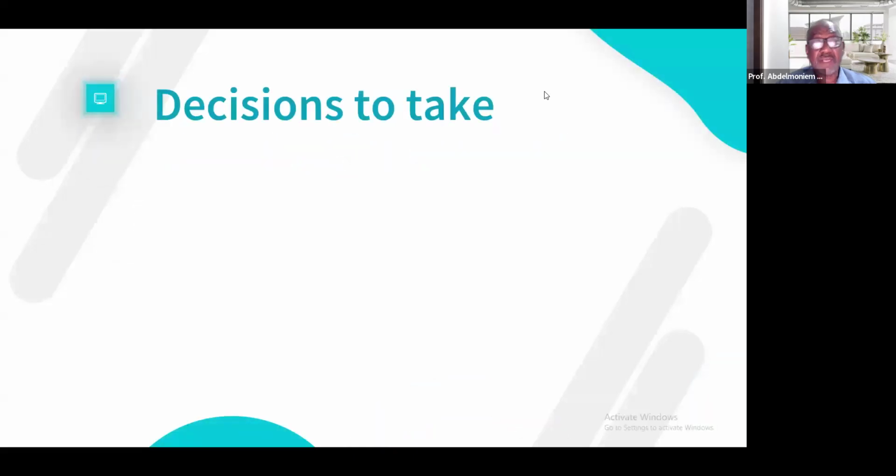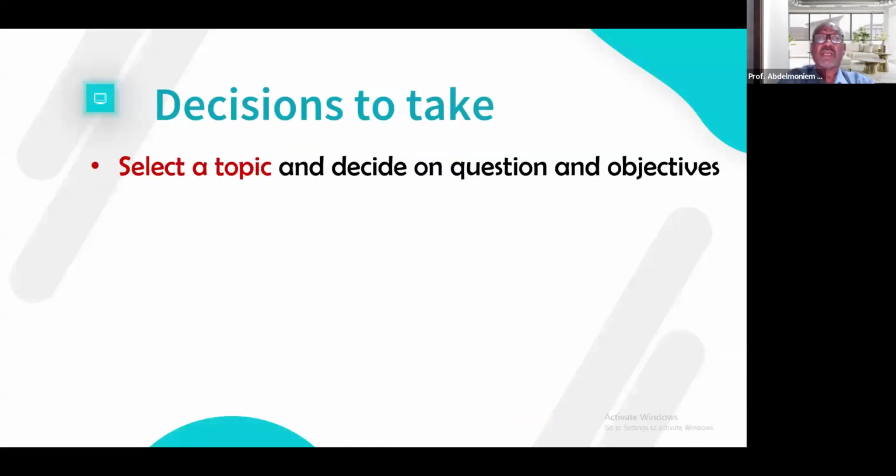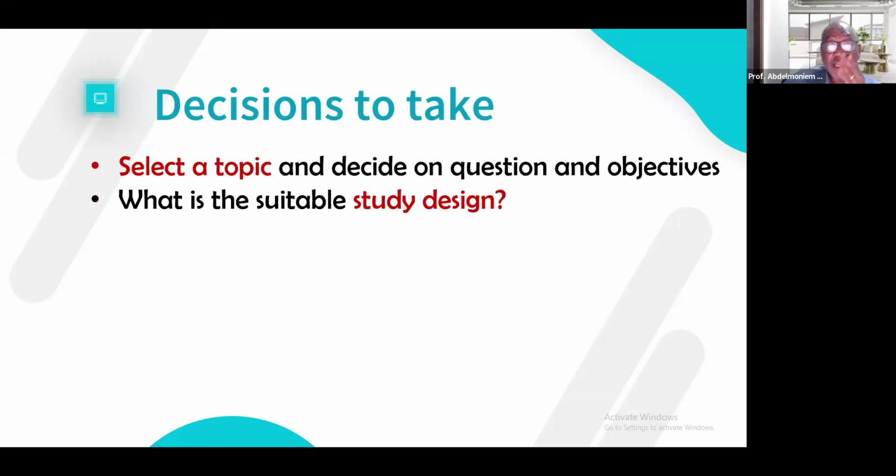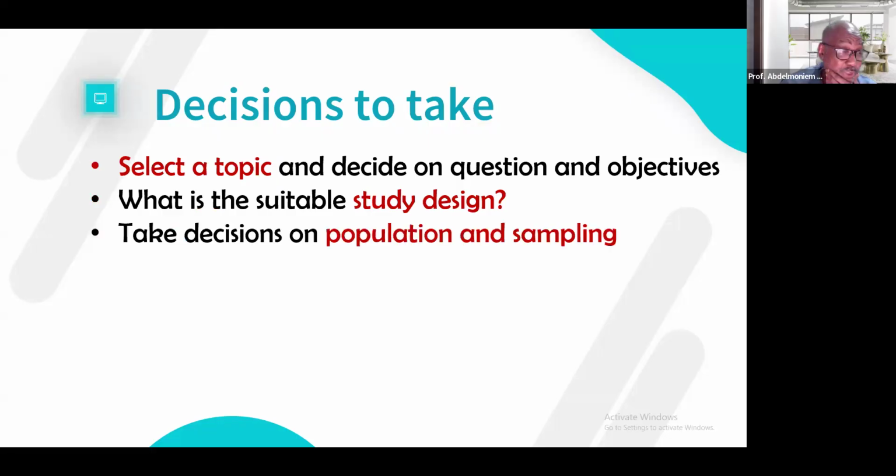Let us start from the first, the decisions. You need to select a topic, and you need to decide on the research question and the objectives and all of that. Can AI help me with this? Then for the decisions, you need to select a suitable study design. Can AI help me? You need to take decisions on population and sampling issues.